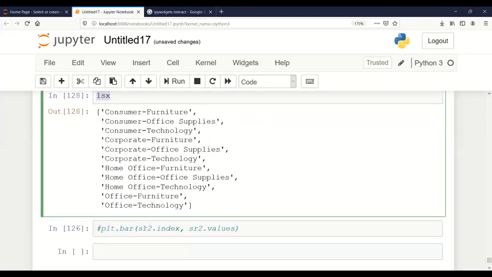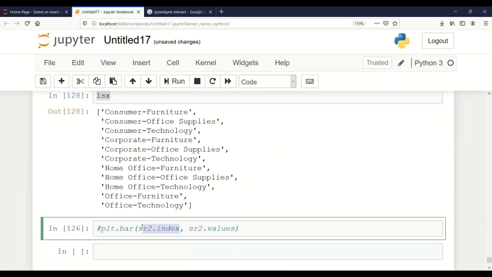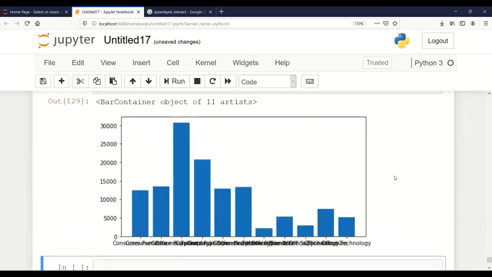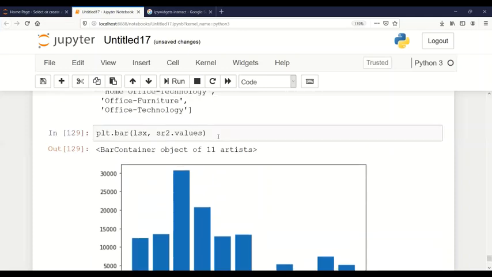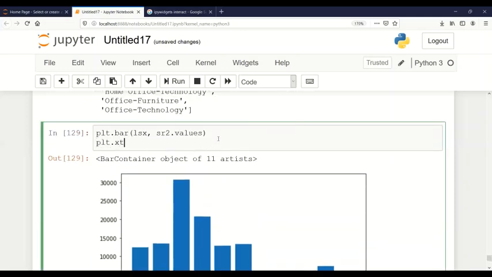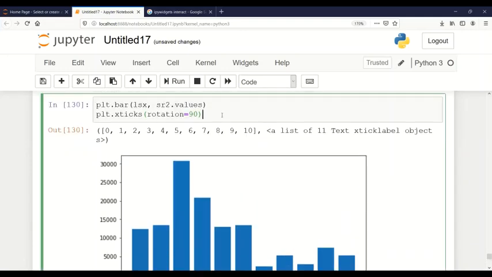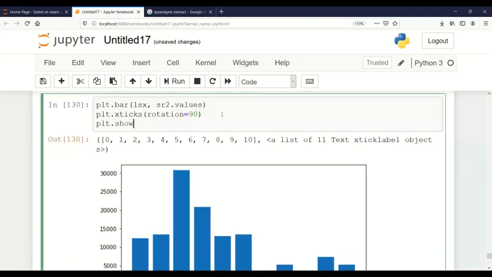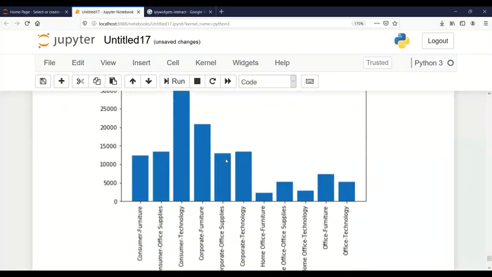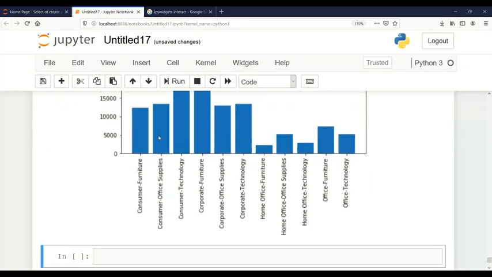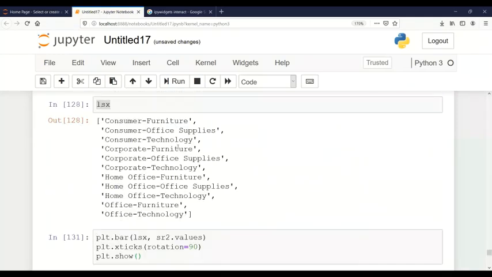Let's see the output. So sr.index is to be replaced with lsx. See the value. Fine. For readability, I'm changing the rotation to 90. See, so data is there. If you still want to plot the profit also, you can plot the profit also. So profit, you are saying,